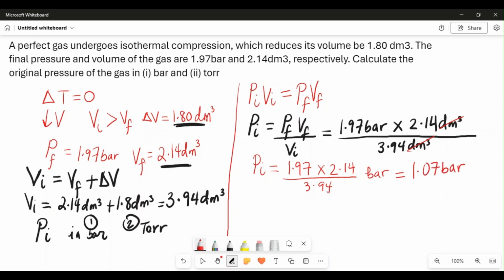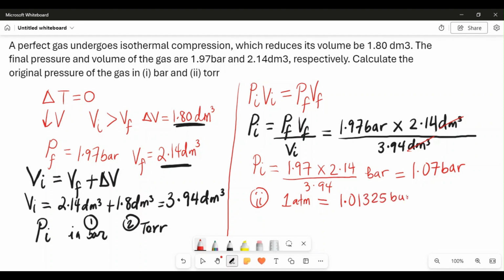So that's the P initial. That's what you get for the P initial. Now we're asked to solve it in terms of torr. Now it's important for you to know something, that 1 atm, because anytime you're given a unit conversion question, you have to either memorize it or you have to memorize how everything is in relation to atmospheres, which is what I do. So one atmosphere is the same thing as